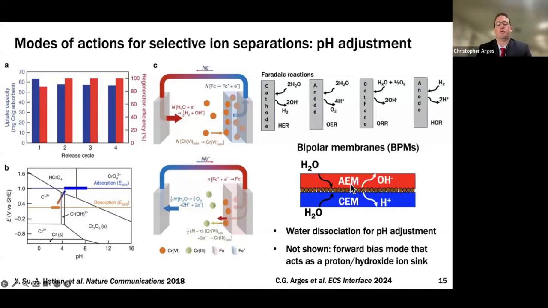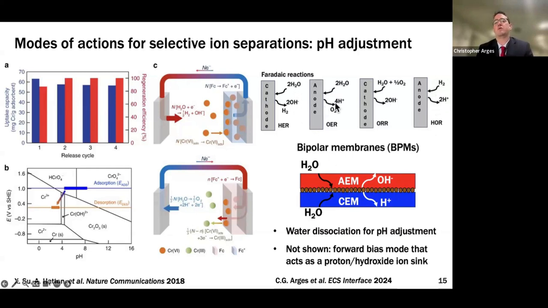So, you could, of course, do the pH adjustment, as I said before, by externally adding acids and bases, but there's some downsides to that. Can you do the in situ pH adjustment within the cell? And really the two ways to do that are these Faradaic reactions. So we can think of water reduction or water oxidation. This would generate base and acid respectively. You can do oxygen reduction to generate hydroxide ions, or if you want to feed in hydrogen, you can generate proton source carriers. So an alternative way are these bipolar membranes.